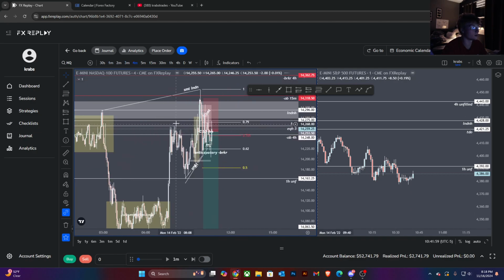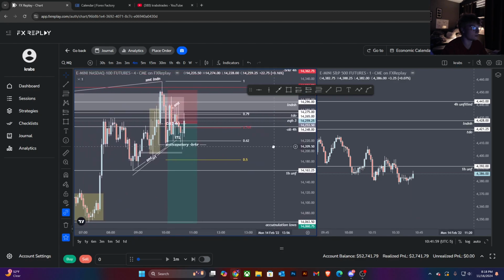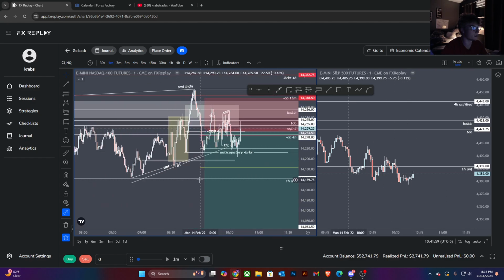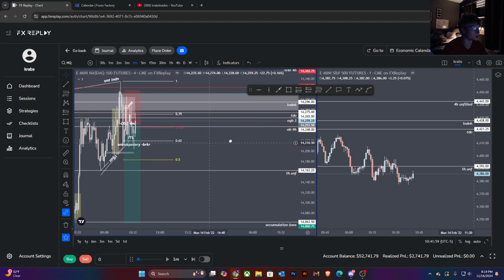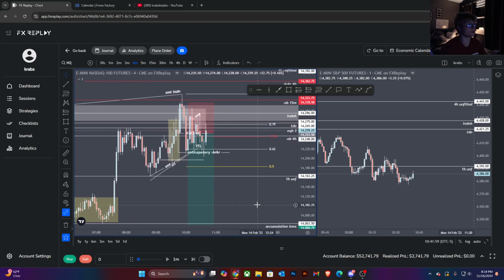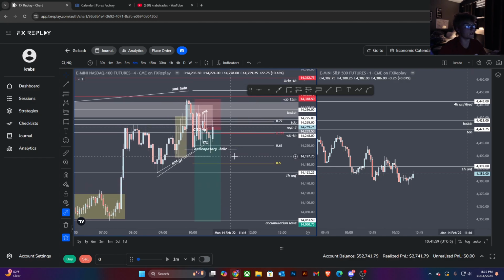Honestly, kind of a rough trade for sure. But the idea looked good. Let's see if this would have played out. Let me just mark this up. Valid trade though, it did look good. Break even. So we're still up on the day. And yeah, let's screenshot this for the journal.